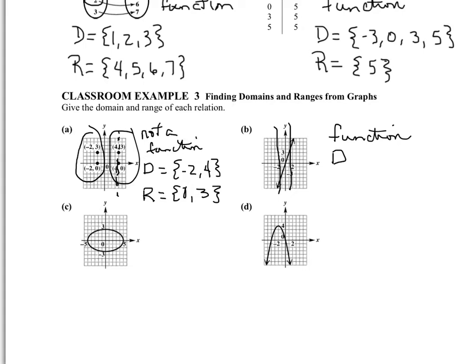Now, domain is x values, which means we want to figure out the point that would be furthest to the left on this line. Where would be the starting point from the left? Because if we're going to use interval notation, it has to be written from least to greatest. And so when I look at this, what I see is this line has this arrow down here, which means